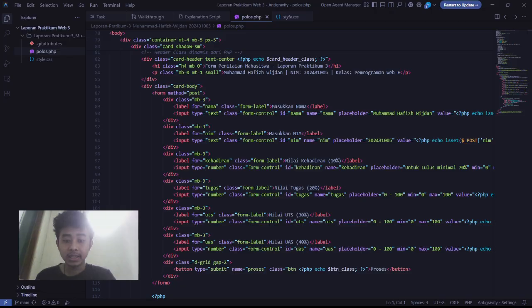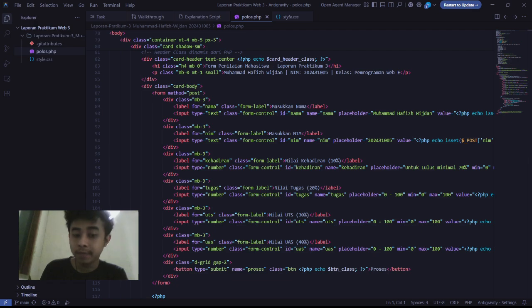This changes the color effectively. We only show the result alert after the form is submitted. Inside, we display the calculated nilai akhir, grade, and any error messages. This is how the entire flow works, from input to process to output.